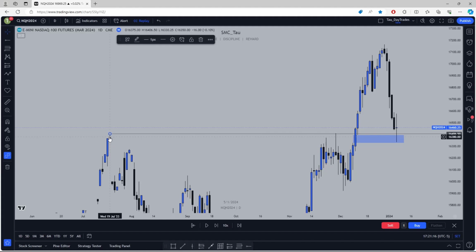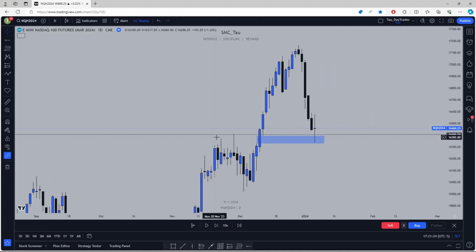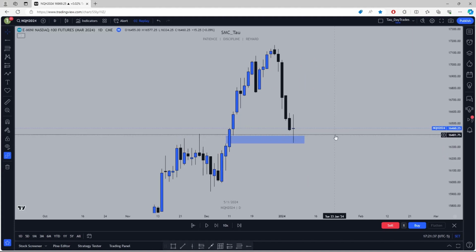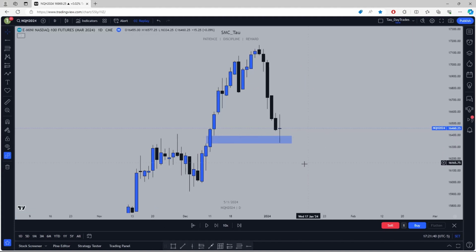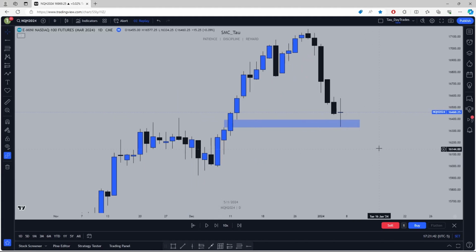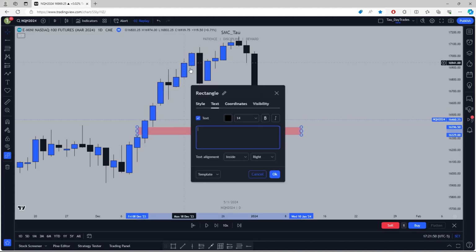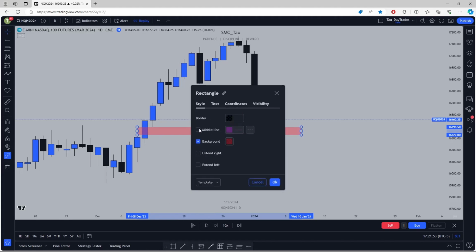As you can see, the 19th of July 2023, and then price broke it, came back, and I guess you can say it is to an extent support and resistance, because on the 29th of November it did act as resistance again and then finally price broke it. But I am not here to tell you to trade support and resistance or that I use support and resistance. I don't. For me, my own bias and the reason for this was based on the fact that the daily chart was on